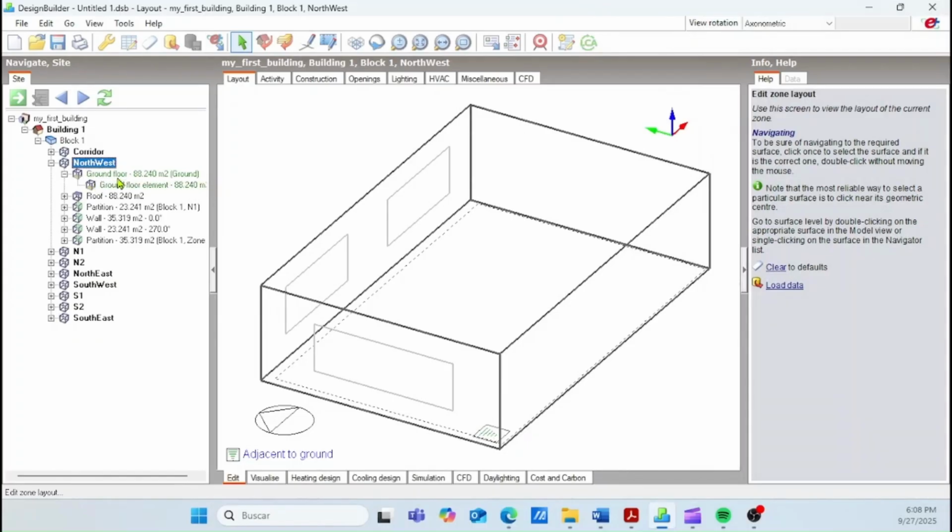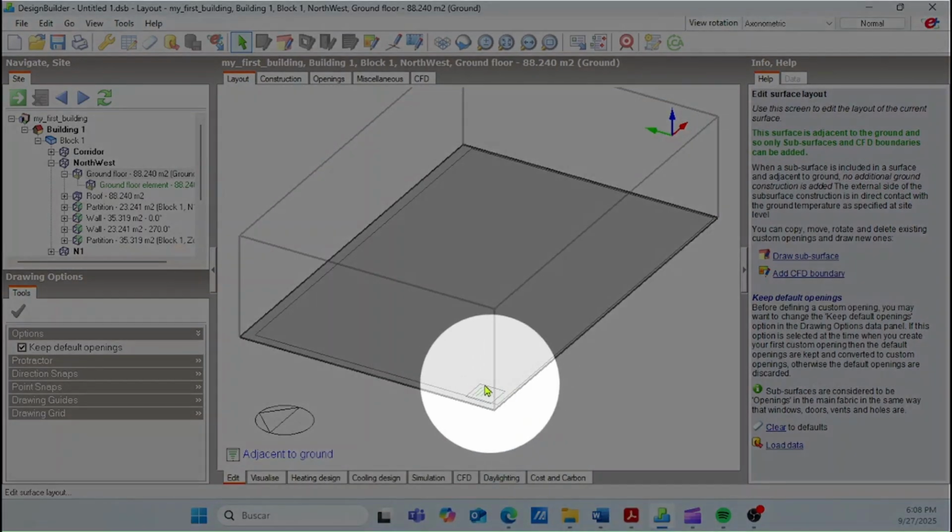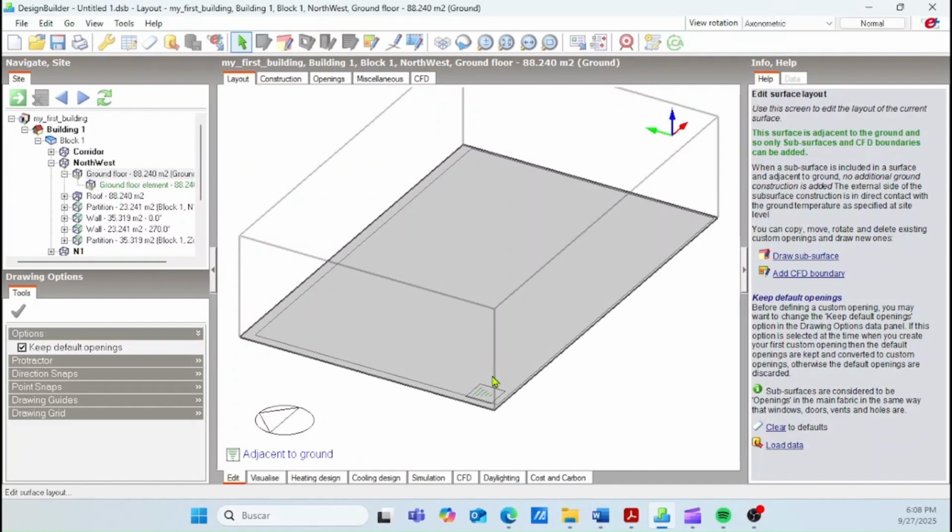Now if we click on the ground floor, we initially see this specific symbol in this area, and we are going to understand what the symbol means. This means that the floor is connected to the ground through the surface, so there is heat transfer between this floor and the ground. If we want to modify this property, we can do it by